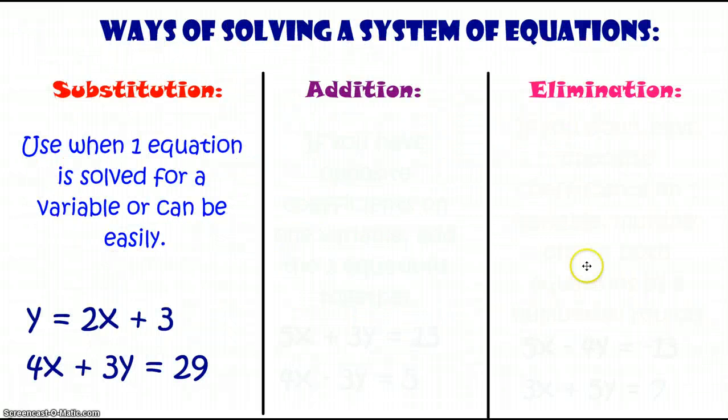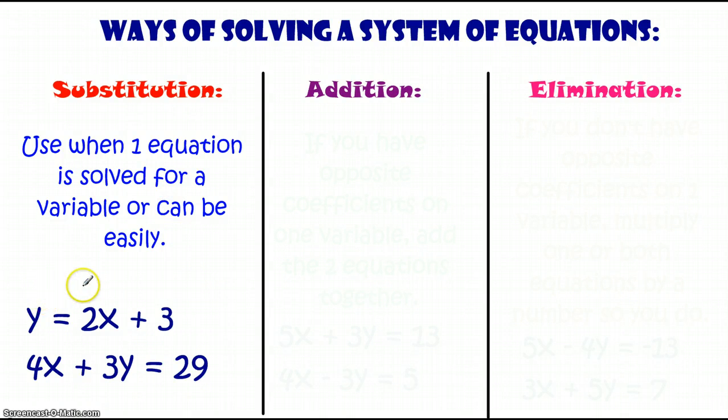There are three different ways we're going to look at to solve our systems: substitution, addition, and elimination. You want to choose the one that's the easiest or most efficient to use. So we're going to look at the differences between those. The first one is substitution. We want to use substitution when we have one equation that's solved for a variable or can easily be solved